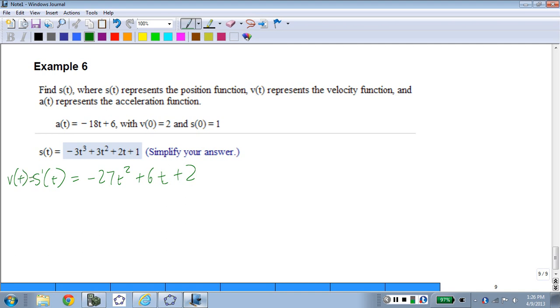If we take another derivative, v prime of t, that's going to be negative 54 t to the third power divided by,